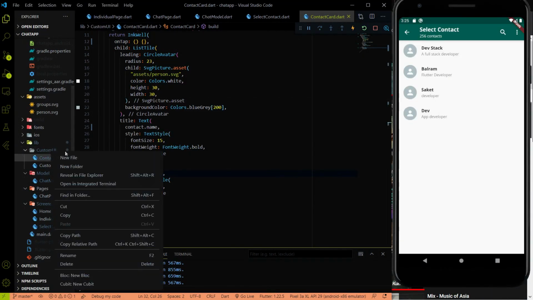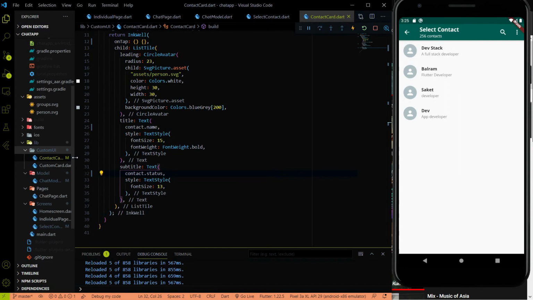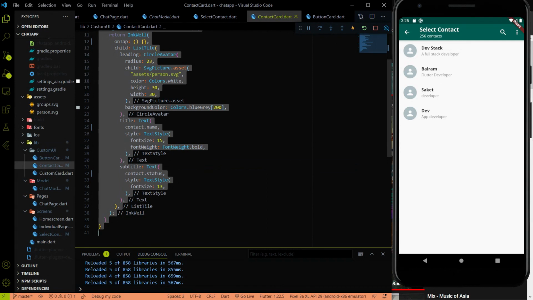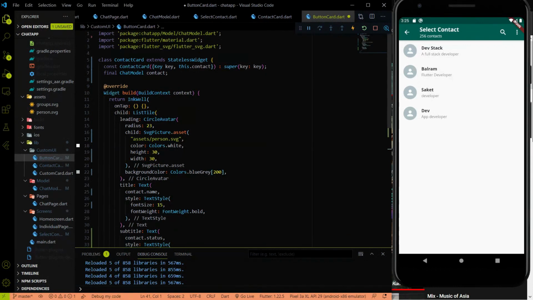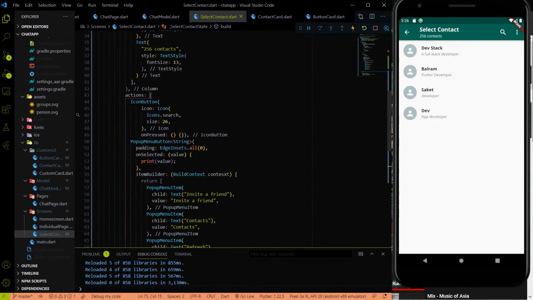I'm going to create a new custom card that will be button card dot dart. And here what I'm going to do is copy the contact card which we created right now, and paste the exact code over here. The first thing we have to do is change the name of the class. So I'm going to change the name of the card to button card. Now the second thing we have to do is, instead of using this SVG picture, we have to use an icon. I just hit save and let me go to the select contact.dart file, and here in